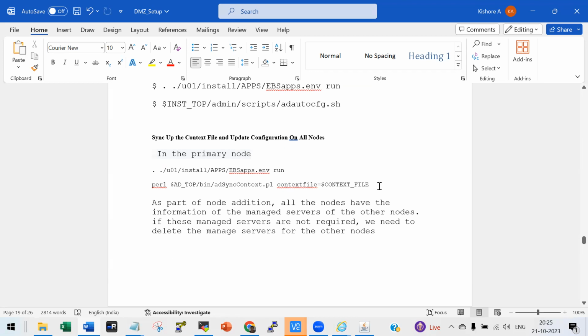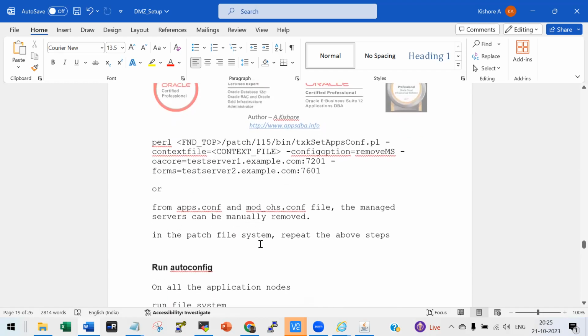In all the nodes, we need to run this. Oh, okay. So in case you don't need it, we don't need to do this. Okay. In this case, for the DMZ, we don't need it. If these managed servers are not required, we need not delete them. Okay. So then,